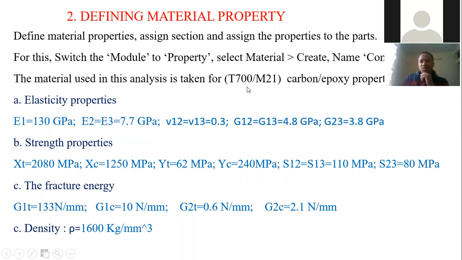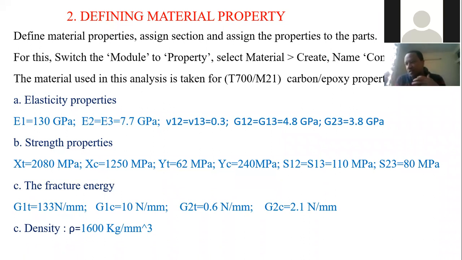This is for T700M20 carbon epoxy material, particular material. And the strength properties are taken or experimentally prepared as tensile strength in the fiber direction is 2080 megapascal. In compressive fiber direction, 1250 megapascal. And the tensile